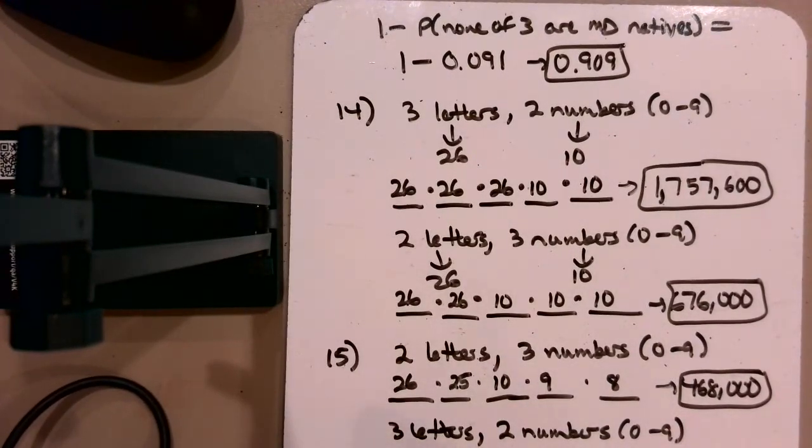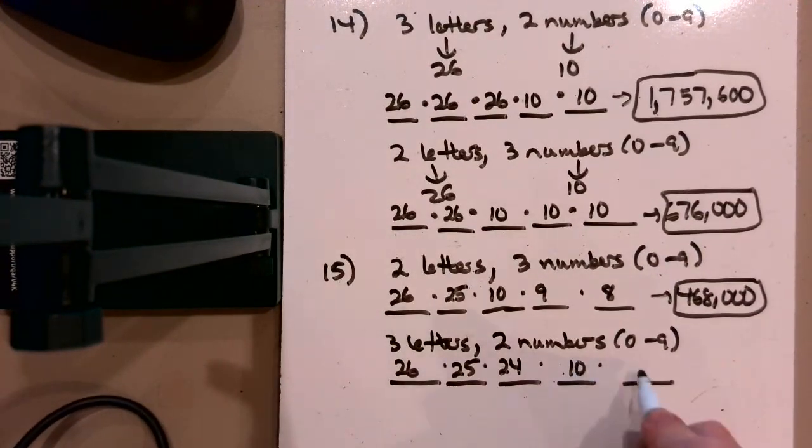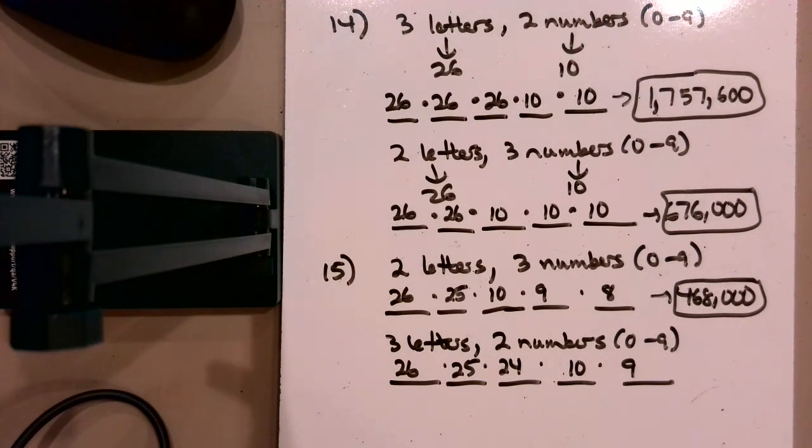No repeats allowed. Again, a 5-character password, fundamental counting rule. 26 letters, 25 letters, then 24 because of no repeats. And then 10 numbers and then 9 because of no repeats. So if I multiply 26 times 25 times 24 times 10 times 9, I'm going to get